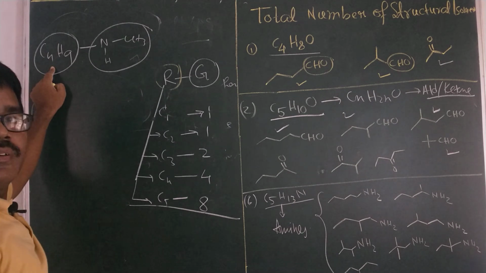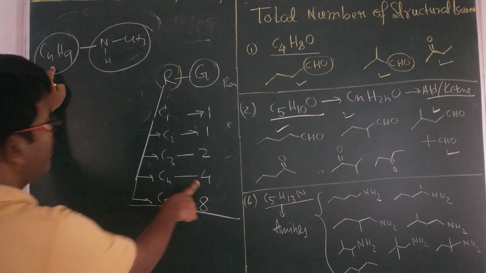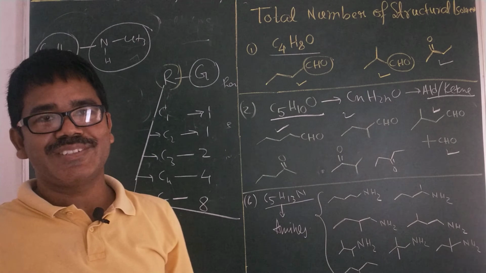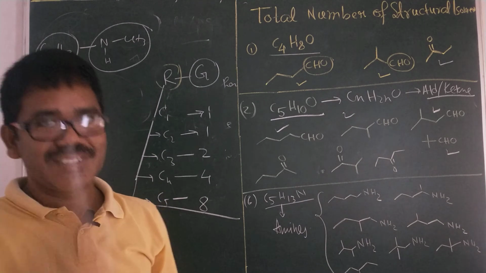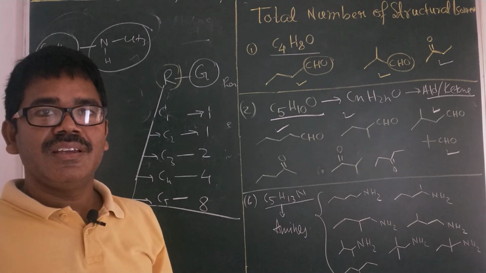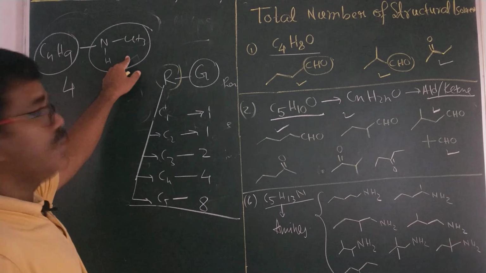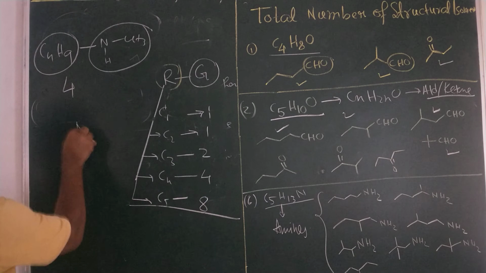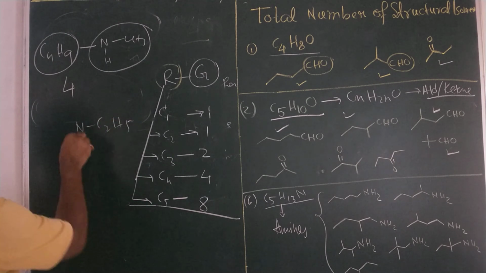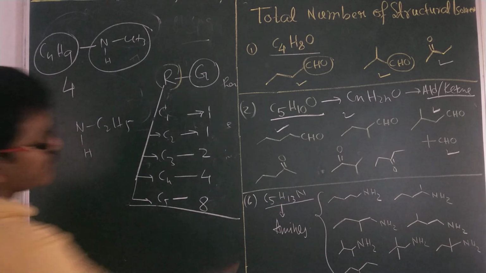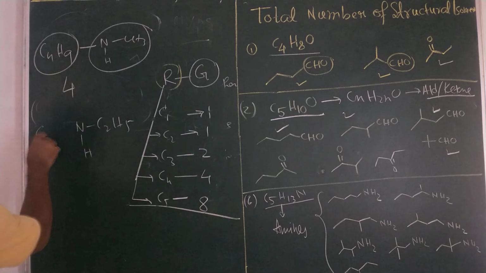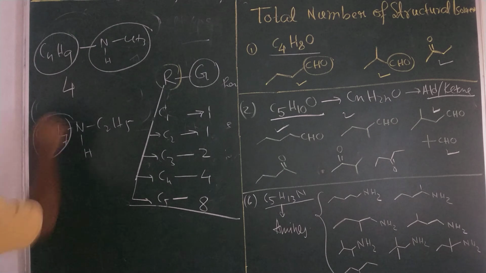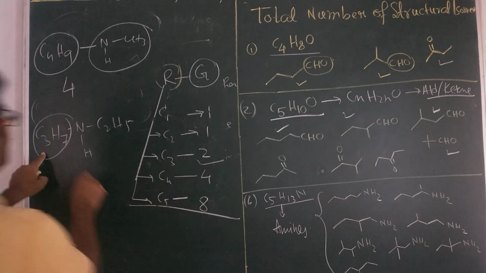With 4 carbons, how many isomers can we have? With 4 carbons, we will have 4 isomers. Are you sure? Yes, my genius. You can ask me, is it only the primary amines? Here only 1 carbon is there, we can also have 2 carbons. These can also represent secondary amines. Totally there are 5 carbons. Then on the left-hand side, how many carbons will be there? 3 carbons. C3H7. For C3, how many isomers? 2 isomers.